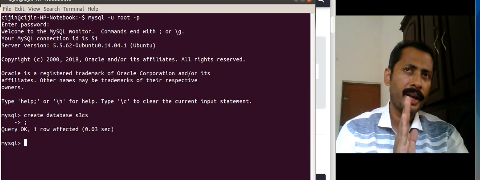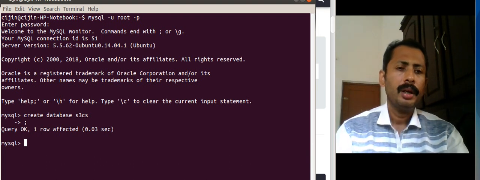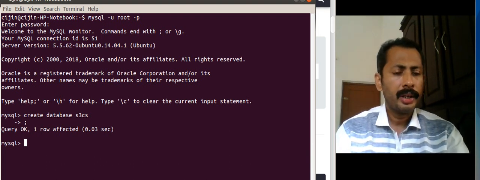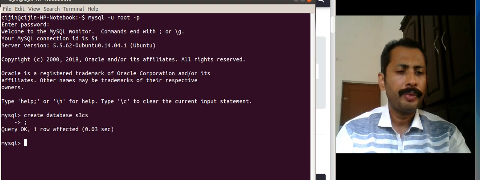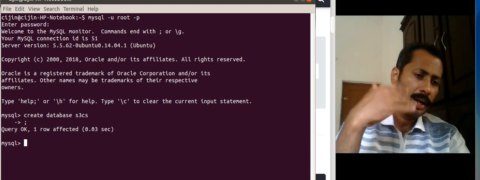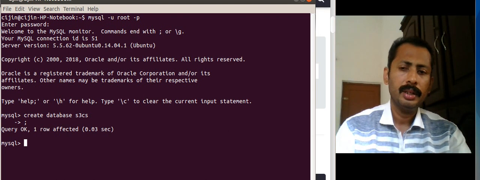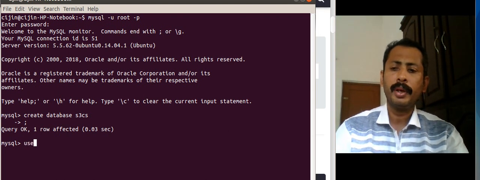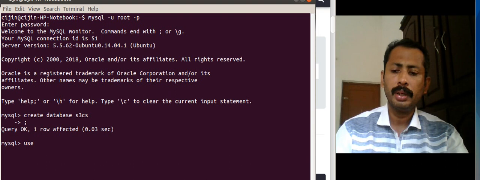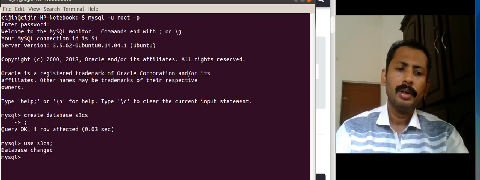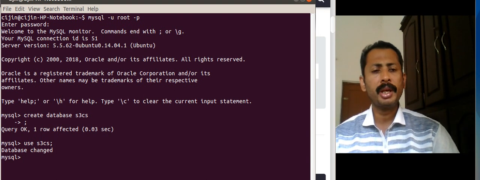If I have an almirah, and if I have created a rack for my files, then I have to use that rack. So we can use this use S3CS. Okay. So this is the command for changing to database.